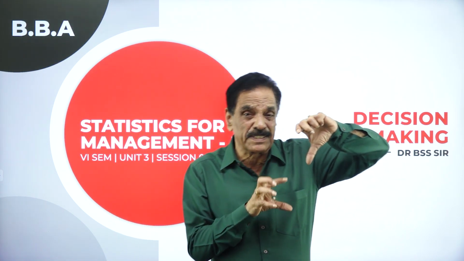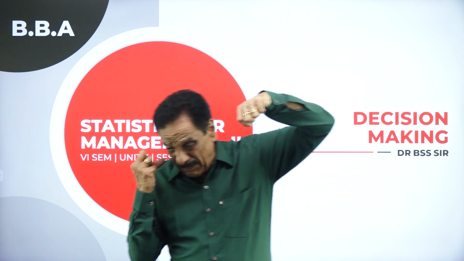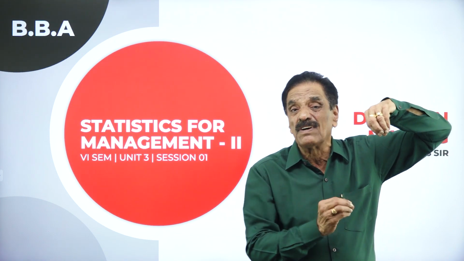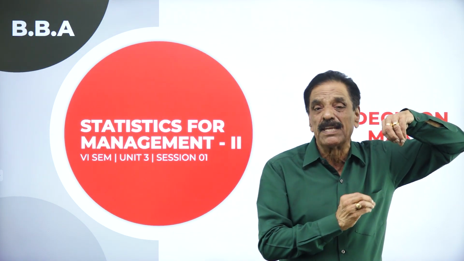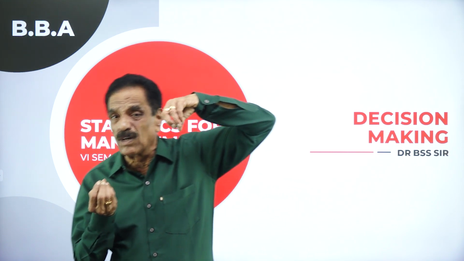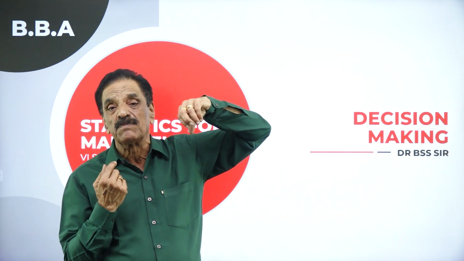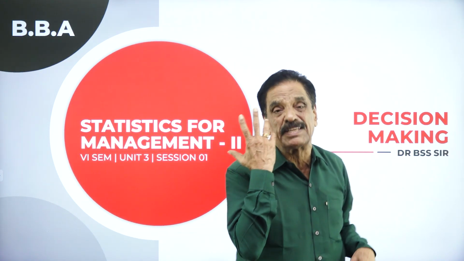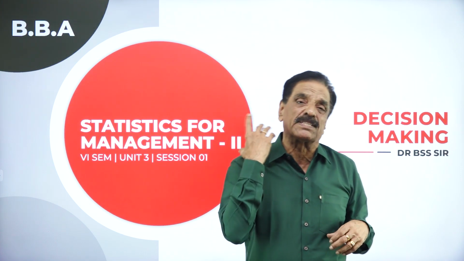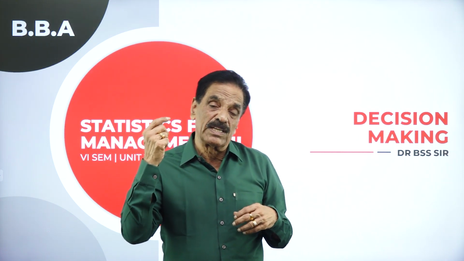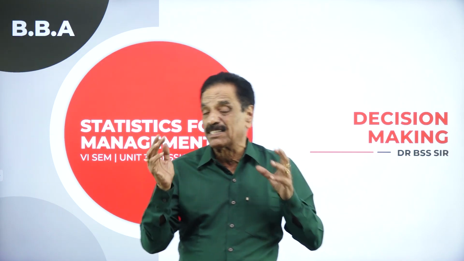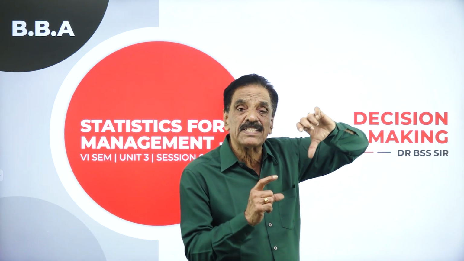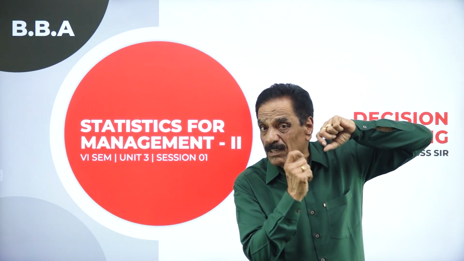When you go to the problem, you understand we have to decide whether we are selling the article or purchasing the article, and from different angles, whether to take the maximum or the minimum. There are so many methods: Maximax method, Minimax method, Laplace method, Hurwitz criteria method. Today we are going to discuss three methods: one is called Maximin, one is called Maximax, another is Laplace. In the next session, we are going to cover the fourth also. Today, in the first session, we'll discuss these three.